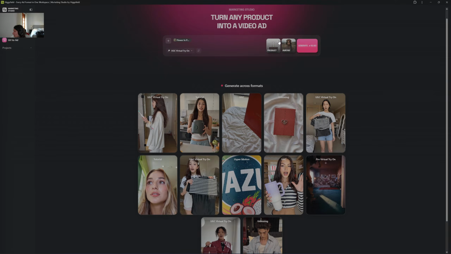Okay, we got a virtual try-on. So we're going to see if we can do a dress. That dress.